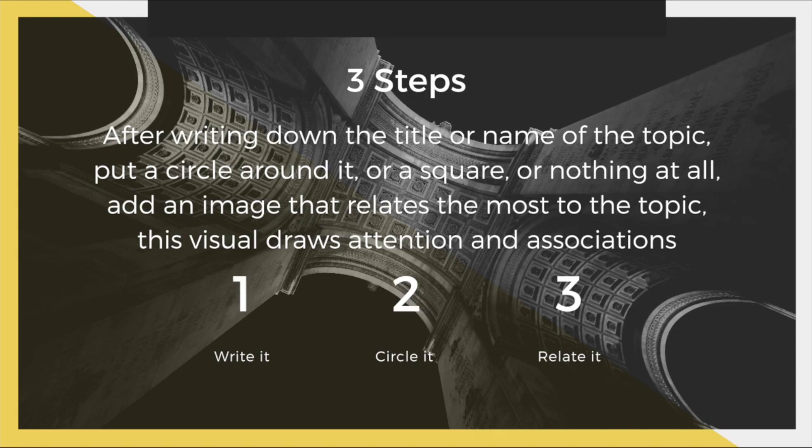Once that's established, you write the name of the topic, and then you put a certain circle or shape around it, and then you relate it by adding an image, a color, or certain other things that you can use to draw attention and associate it with other things, so you're able to recall it and store it in your mind properly, and also to be able to brainstorm better eventually when you're doing the branches and the sub-branches. So that's basically it for the main idea.